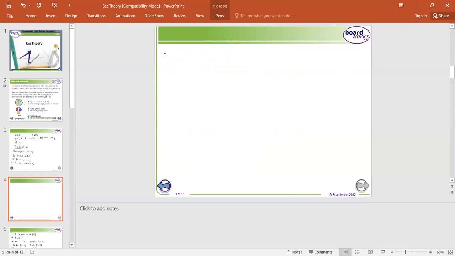So we will see Cartesian products. If A and B are any two sets, then the set of all ordered pairs (a, b), where a is an element of set A and b is an element of set B, is called the Cartesian product of A and B. It is denoted by A cross B. A cross B equals (a, b), where a belongs to set A and b belongs to set B. Similarly, the Cartesian product of set B with A is B cross A. Now we will see an example.